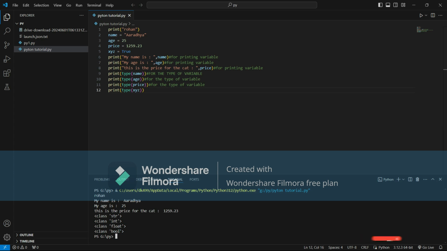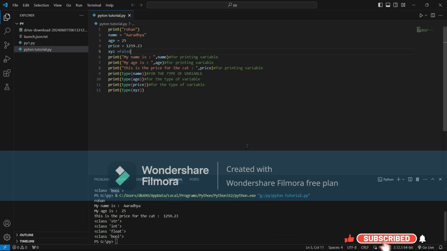As you can see, it's a boolean, as I have told you. Whether it's true or false, it's always a boolean. Like if I write over here false and again run it, as you can see, it's again boolean.